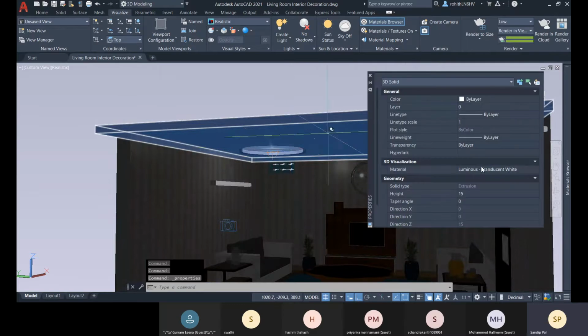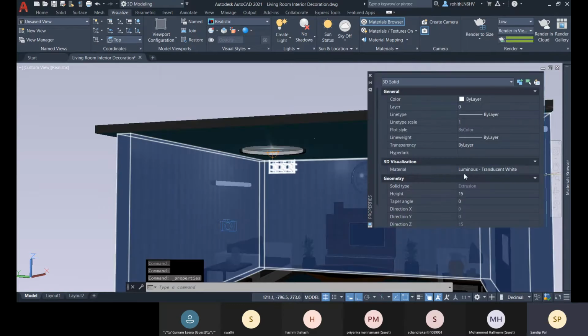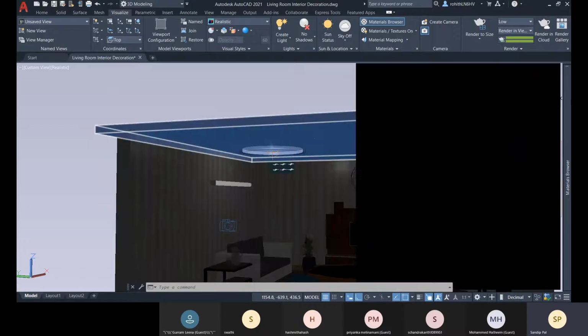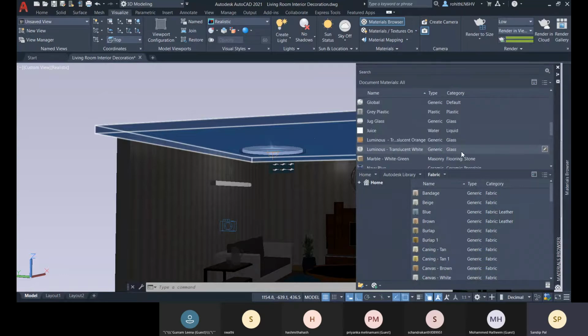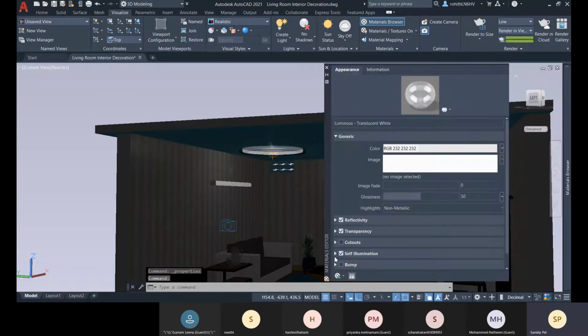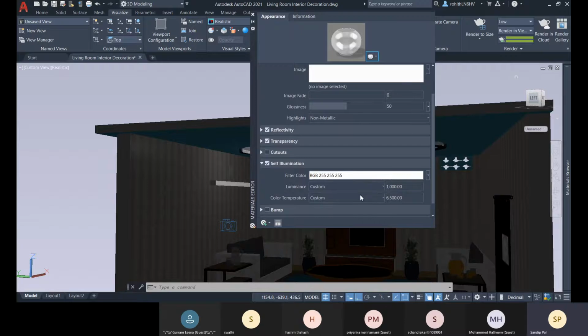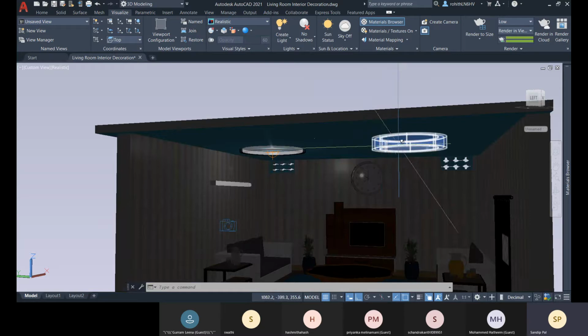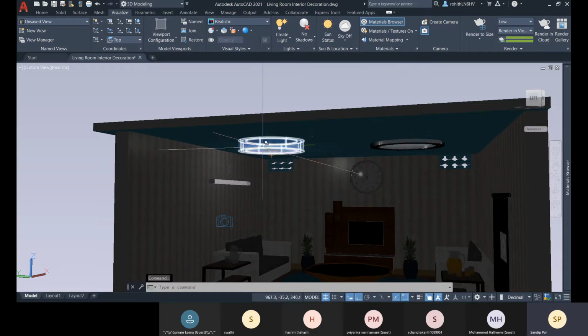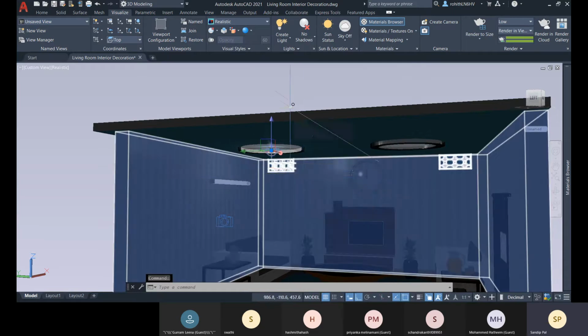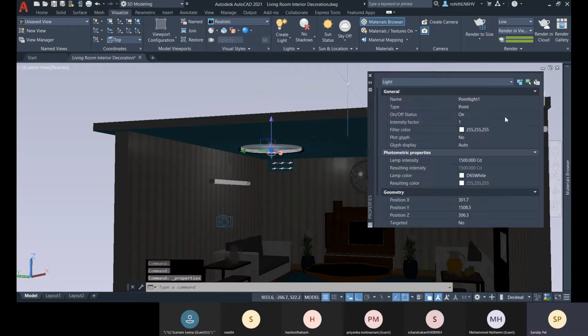Let me see. Yeah, so I have selected this luminous translucent white material. There I have provided self illumination, and because of that we are getting some light, even though I haven't provided light here and here. Now let me select this light and go for control 1, and there you can change the intensity